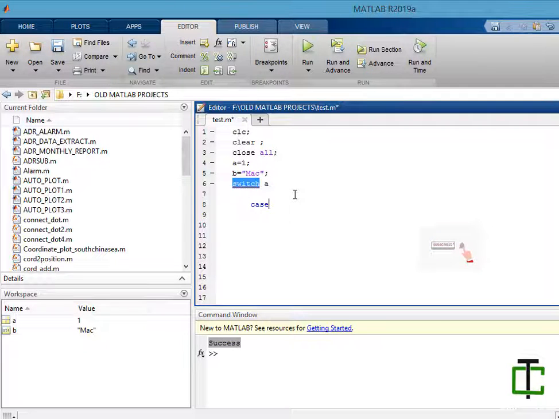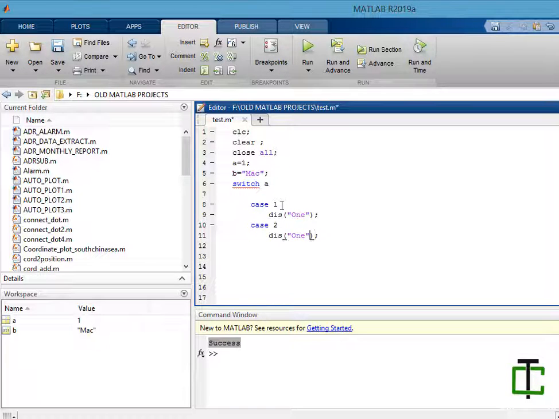In any case, you have to enter a value inside a, so you can define your options here, just like case 1. If a equals your input 1, then let's say we display 1 here. Copy it. Similarly, let's write another case 2.